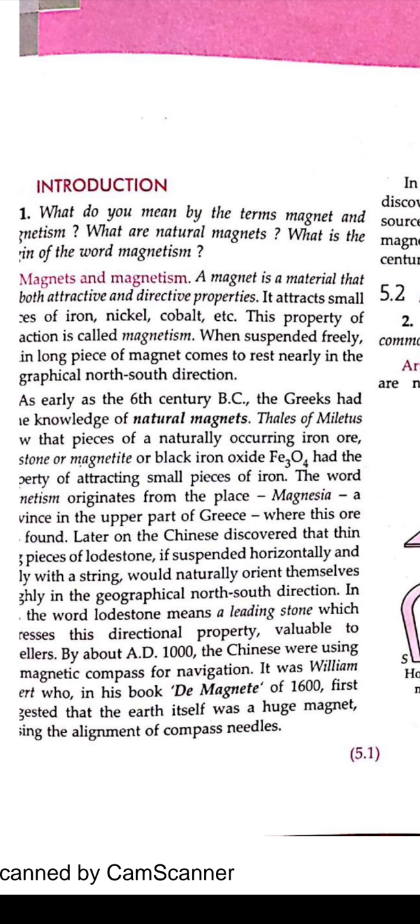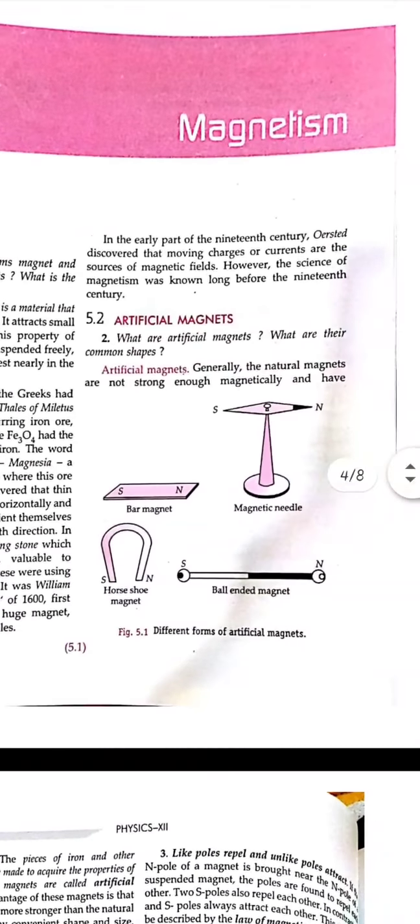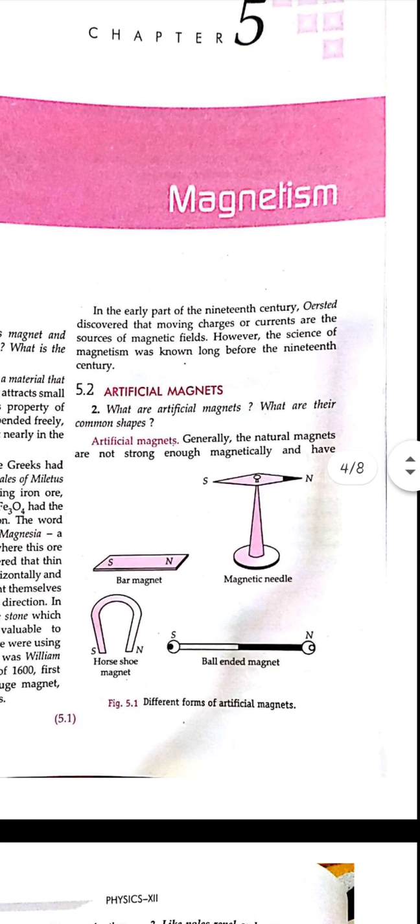So magnets are matter which have the attractive property and have a wide range of applications in our daily life. Due to these properties they have a lot of applications. We know that magnets are of two types, but firstly we will see that